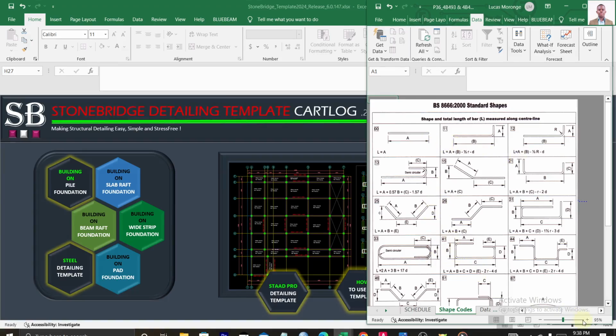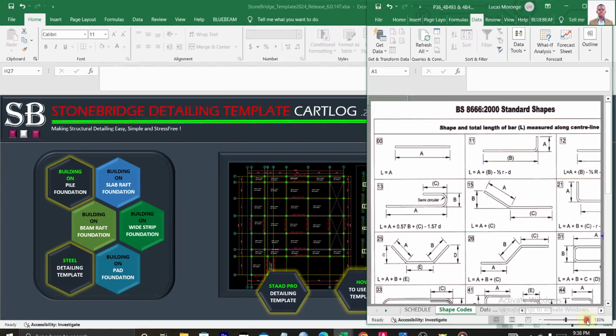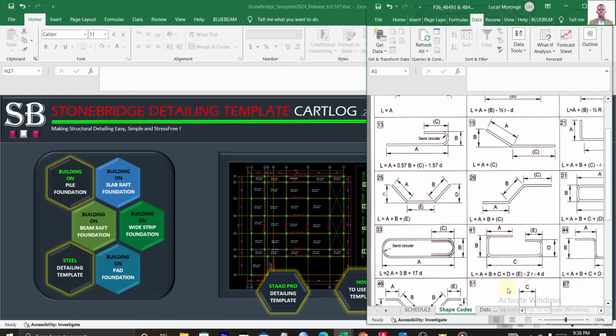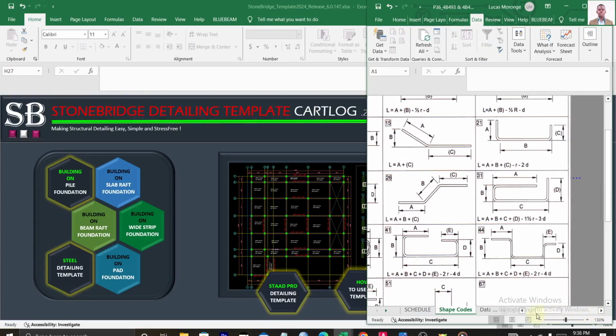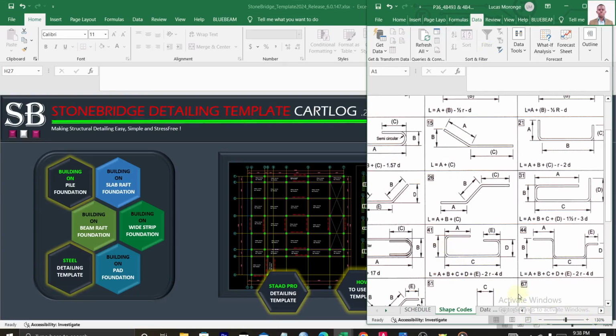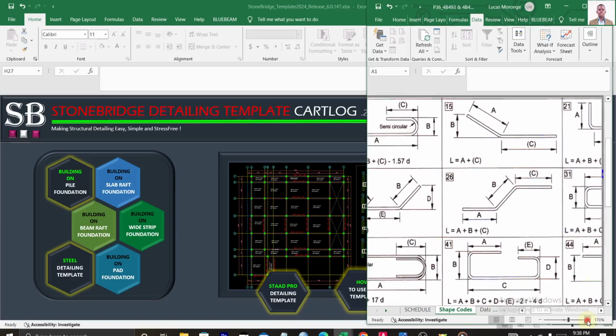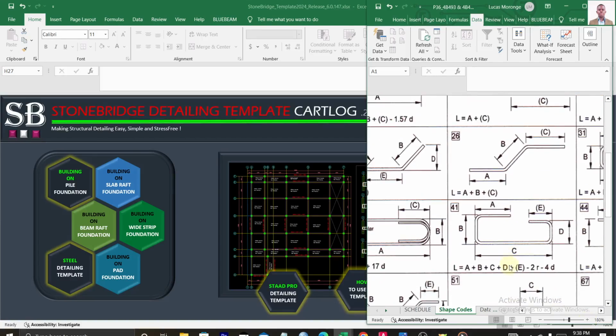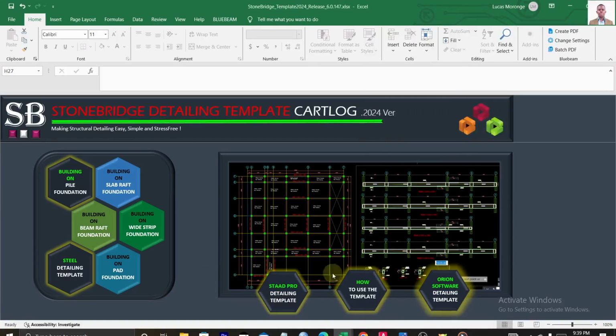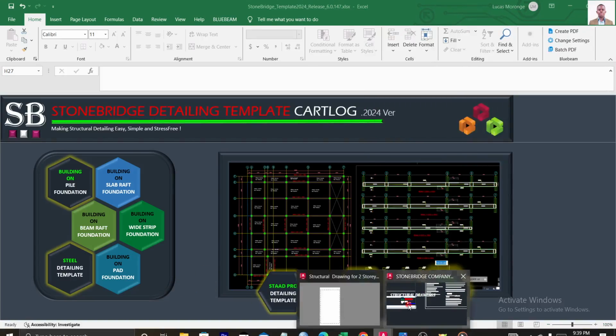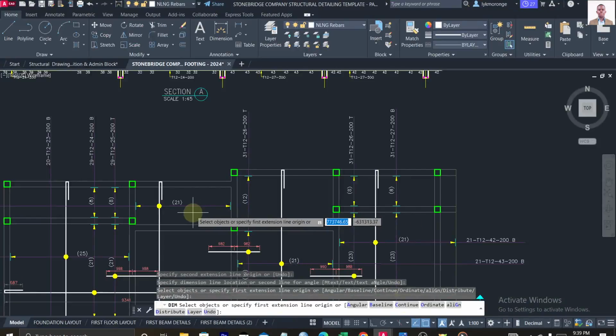So for our case, we had bar mark 23, which is bent and has the shape code of 41, whereas 26 has shape code number 1. So let me show you the shape here. I hope it's visible. And now if we come back to our shapes,